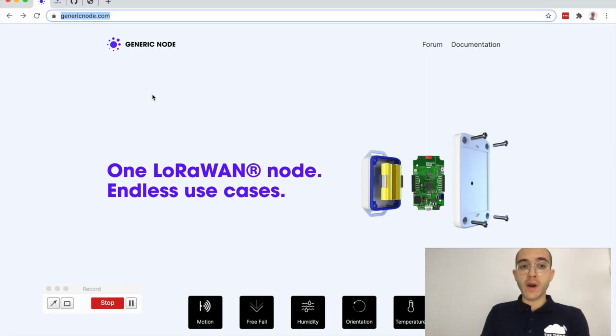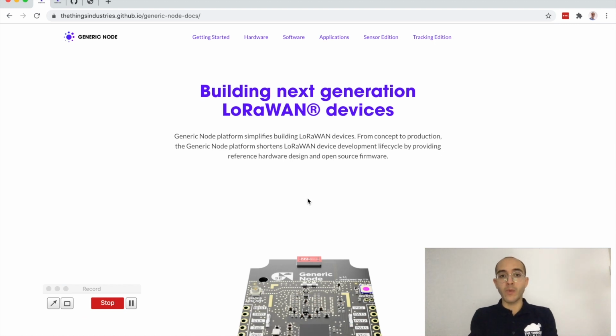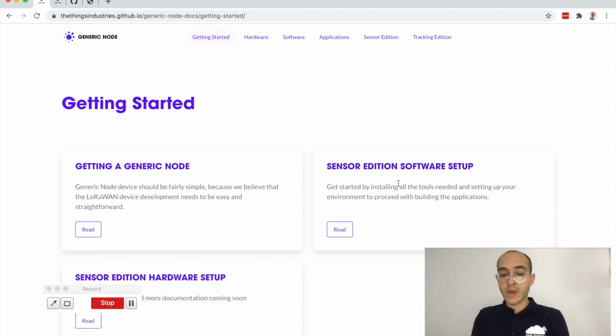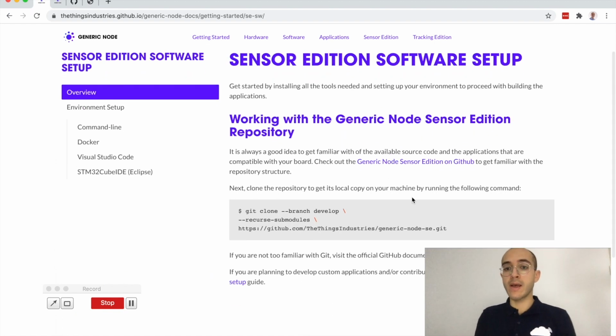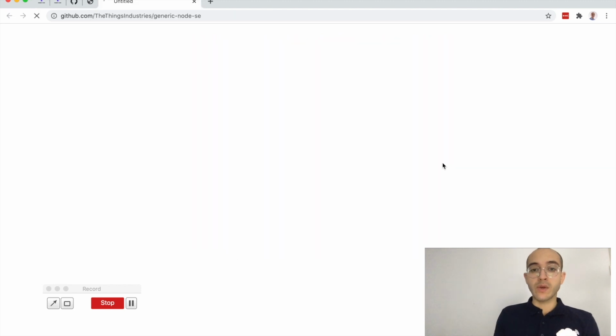So if I jump to my browser here and open the genericnode.com website, you will find a lot of relevant information. Mainly the documentation portal is important, where you will find a lot of detailed documentation. So for example, if I want to find detailed documentation on getting started with the Sensor Edition setup for the software, we ask you to actually take a look at the Generic Node GitHub repository. So if I jump there,